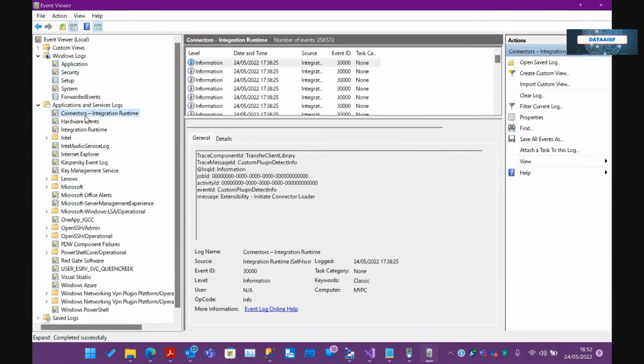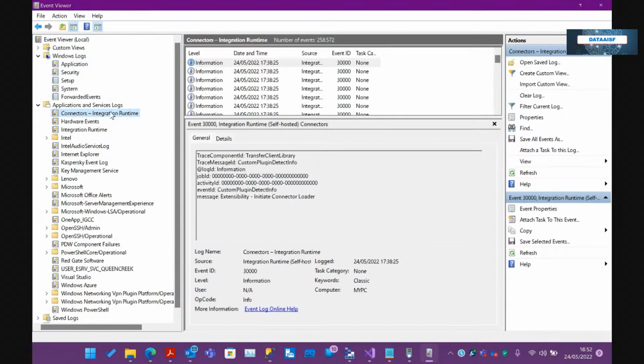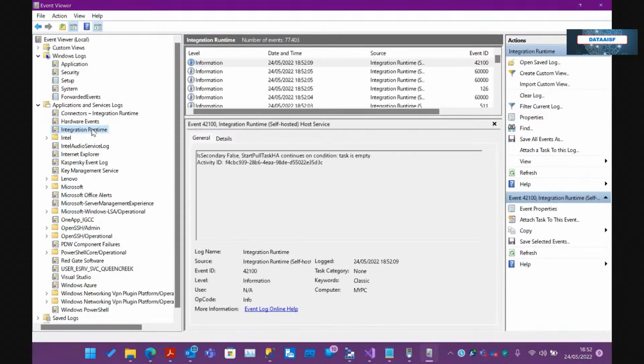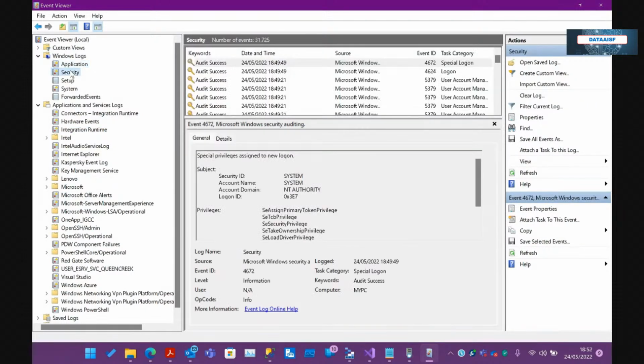So it is mixed. Sometimes you can see connector errors in integration runtime, sometimes in application, sometimes you will see it in security, right? So when your integration runtime for some reason doesn't work, this is the very first place you should look for an appropriate error message. Believe me, the error messages are sometimes,